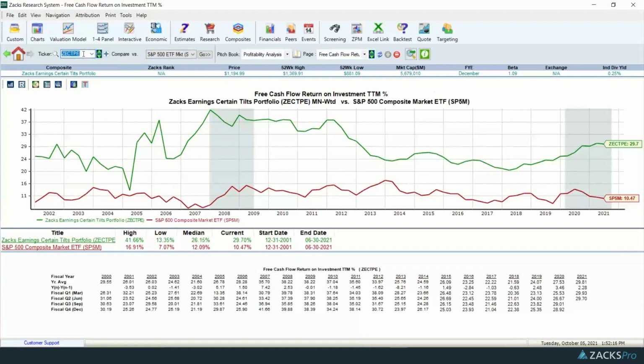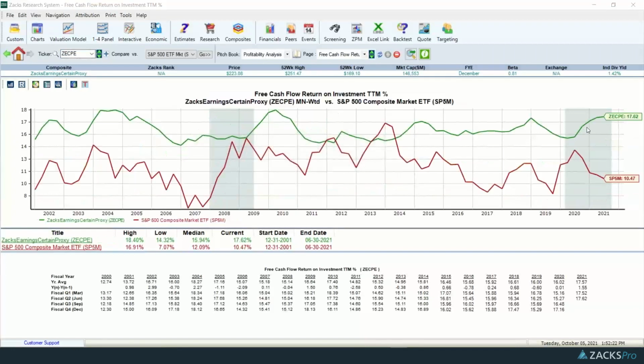And the interesting thing I want to mention here is that when we look at the earnings certain portfolio, it's doing the same thing, okay? The earnings certain portfolio is just able to generate 70% more free cash flow on their invested capital than the average stock in the S&P 500. The S&P 500 has been literally moving the wrong direction. Companies having to reinvest, CapEx just going through the roof, retooling,